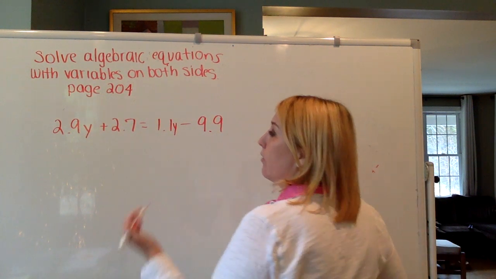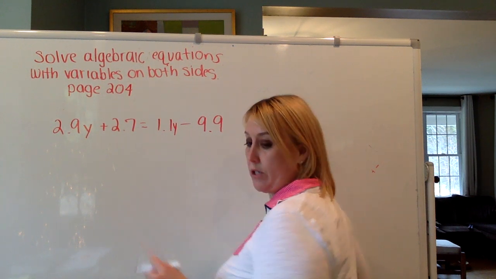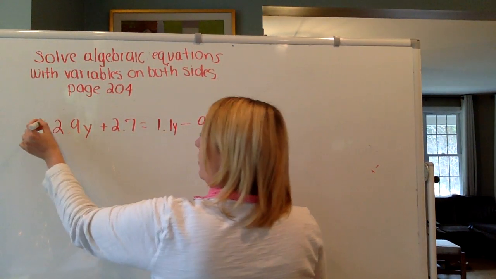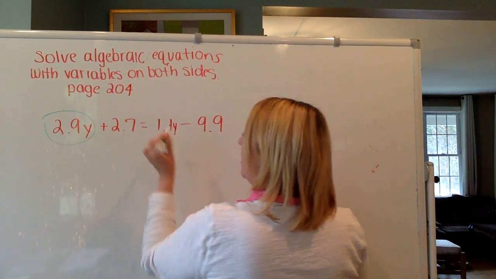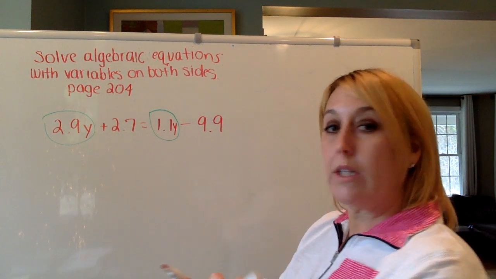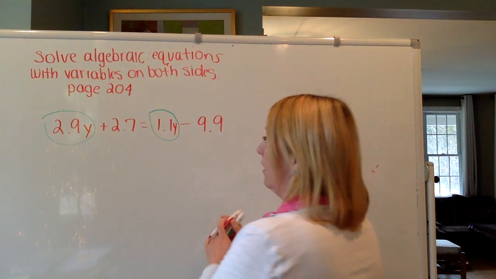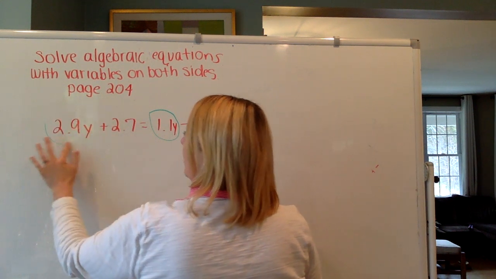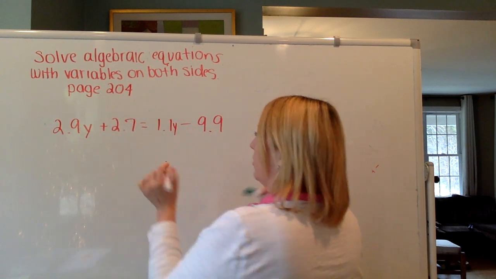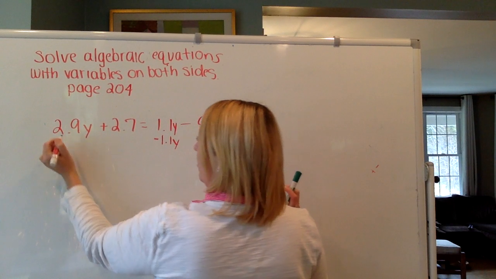So remember, the tip I gave you is to move the variable with the smaller coefficient. So if I'm going to just quickly look, my variables are 2.9 and 1.1. So clearly 1.1 as a decimal is smaller than 2.9. So we are going to move the 1.1 over to be with the 2.9. So minus